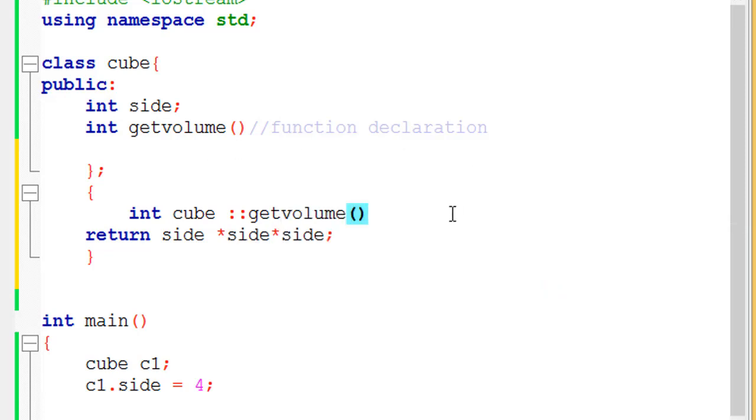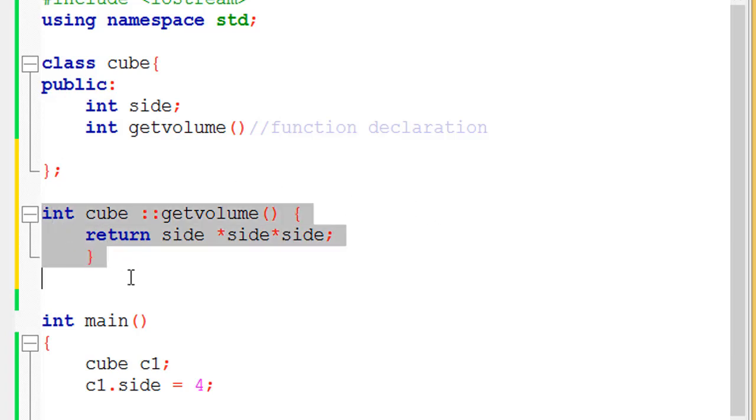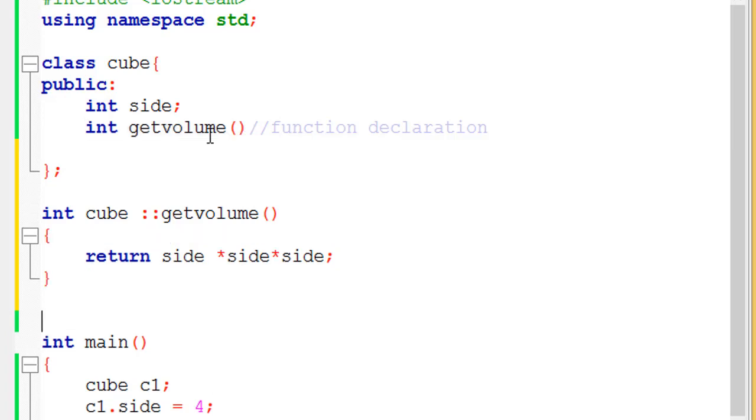So in this way we can define the function anywhere outside the class. This is the function definition, and this is the function declaration that is inside the class. We will comment it over here as function definition.